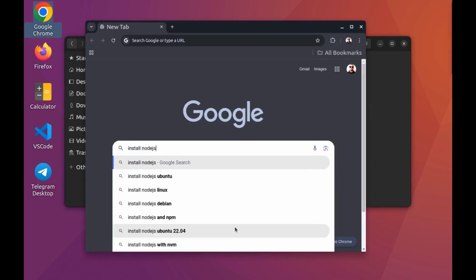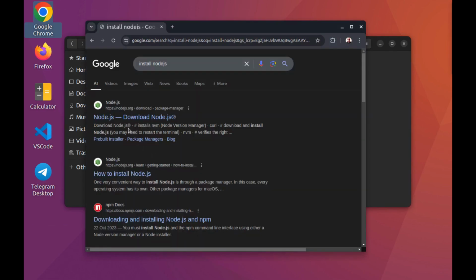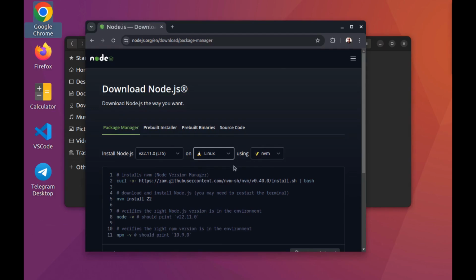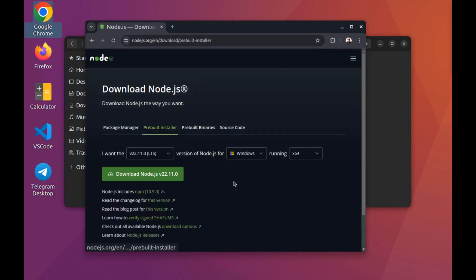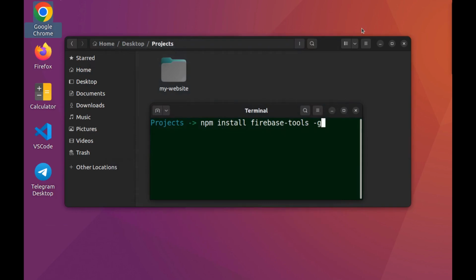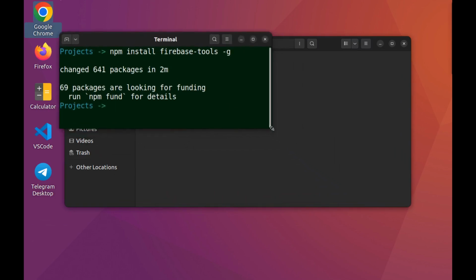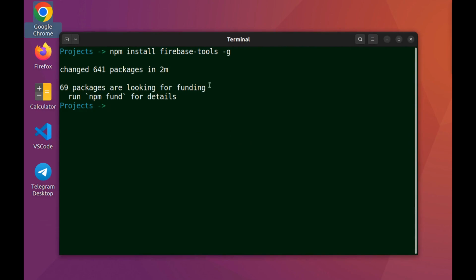Go to its website, nodejs.org. And here, choose your operating system and tool to install, or you can use a pre-built installer. Anyway, run this command, hit enter. Alright, done. And next, we need to log into Firebase